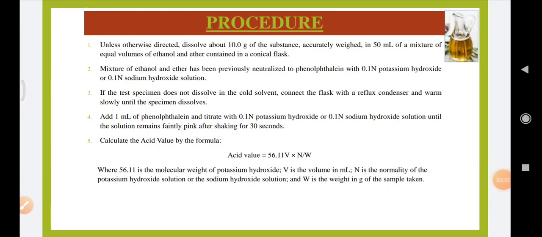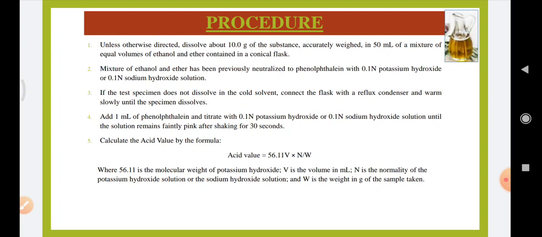Now, how can you write and perform this practical in your lab? Before going to the procedure, you can start with the object. The object of the practical will be to determine the acid value of the given oil sample. You can take any oil like castor oil, coconut oil, mustard oil or any other oil or fat. Then after the object you have to write references, like the procedure is given in IP also, so you can give reference of IP and other books which include these topics.